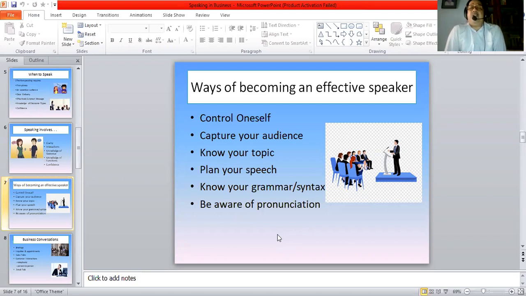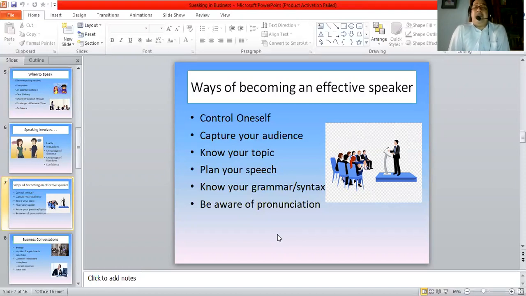Also, the ability to capture your audience, as I have already said, that part of your professional competence lies in the fact that you can grasp the audience's attention and hold it for a sufficient length of time. You see, how much people will really focus and listen to you, that is limited. The attention span of an audience is limited. Some people say 3 minutes, some people say 5 minutes. Well, you have to hold their attention for that length of time so that they do not start playing games on their mobiles, or start sending WhatsApp messages or get busy with other tasks.